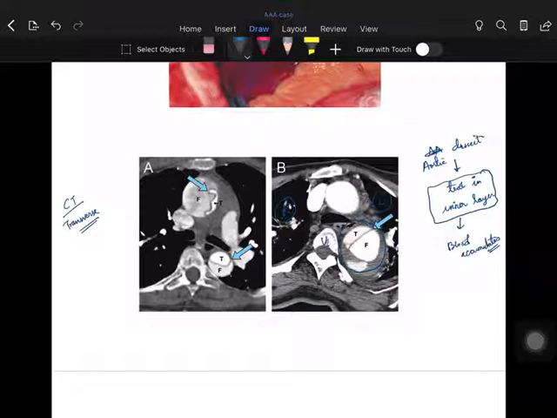So what you see here is the aorta. F here shows the posterior one, which is the false lumen. The anterior one is the true lumen. And you see that the true lumen is definitely smaller than the false lumen, because there has been collection in the false lumen. This typical sign which you see is also known as the beak sign. Okay, thank you.